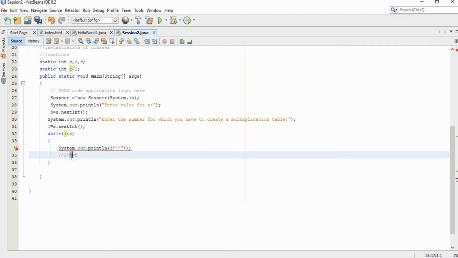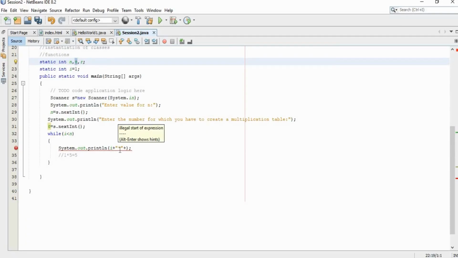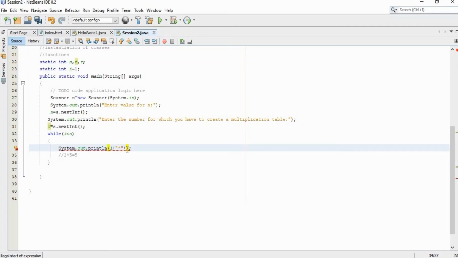This 5 is a value for the variable t, the specific number for which we are going to create a table, right? So here 1 into 5 should come, which is our variable t. So our output will look like 1 into 5.